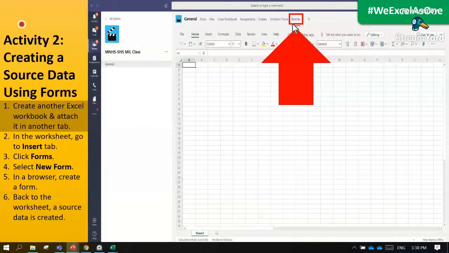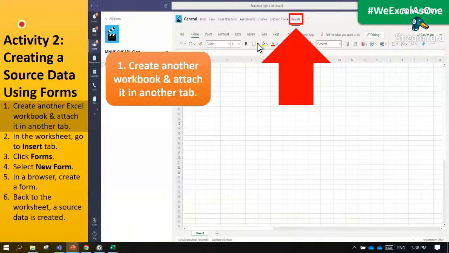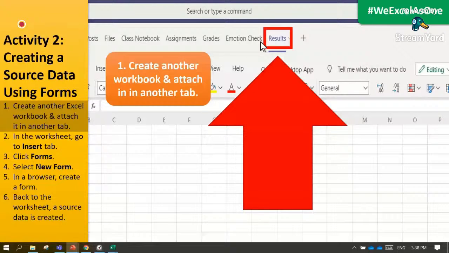So the first is to create another workbook and attach it in another tab. If I'm going to magnify that, I have already created a workbook and attached a tab for that workbook. I have named the tab as results, as my example. So we can continue with another step because the first step is already the same with our first activity.